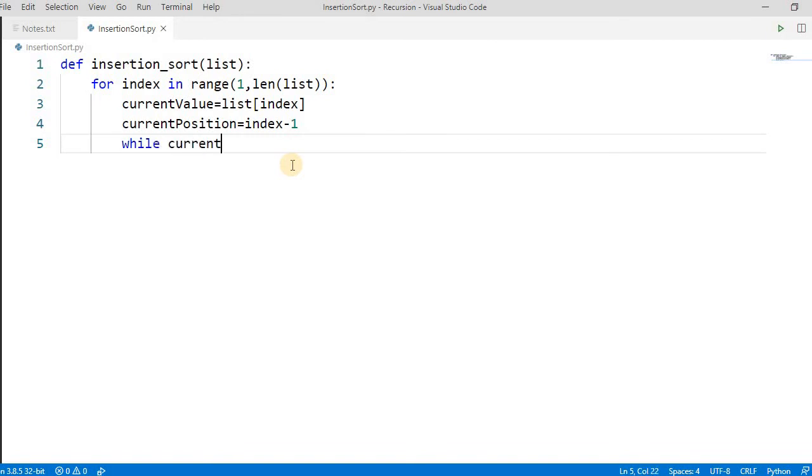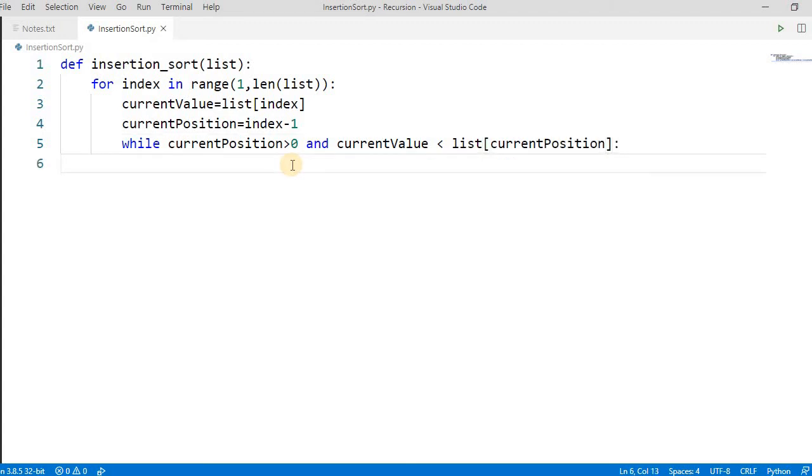Current position is greater than 0 and the current value is less than list of the current position, right? If both conditions are met, it means that we have to swap the elements, right?